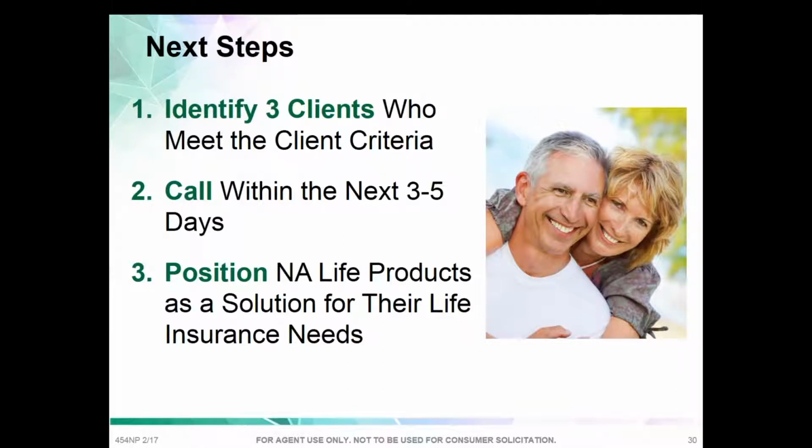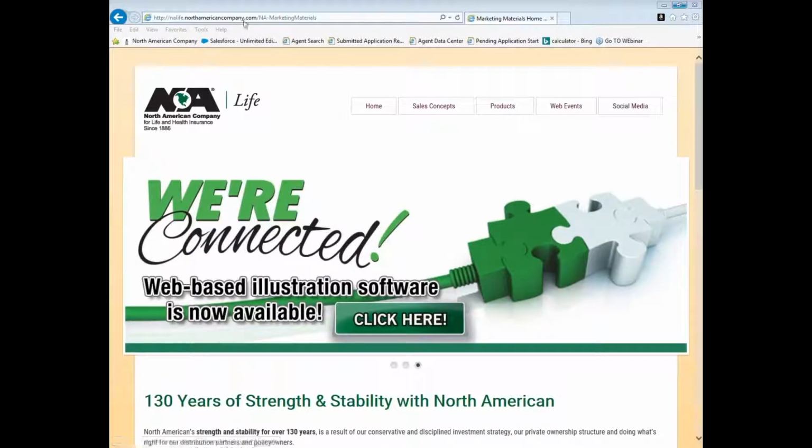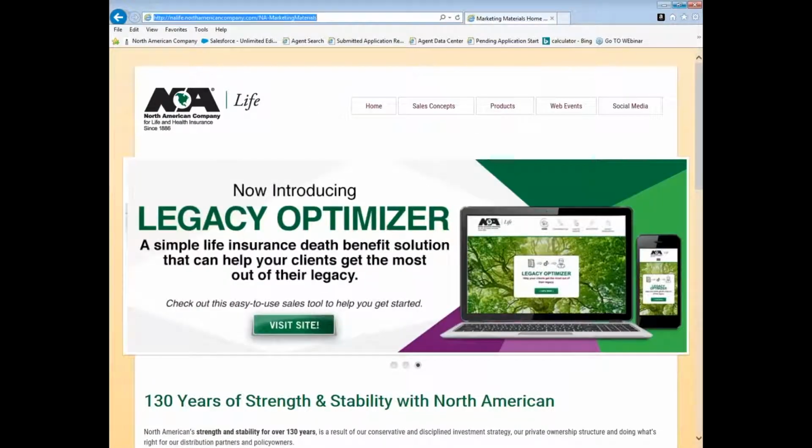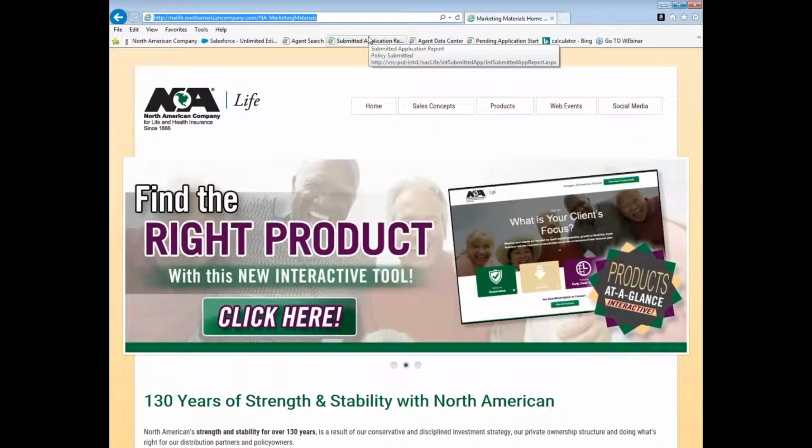So looking at the questions that we have, one of those questions was, where do we find this income protection grid? Larry, tell us. Yeah, let me show you something here, because I did intend to go over this. Let me make sure that this new screen is going to show. I think I can put this link in the chat, or you can also send it out to Mark. But this link right here,